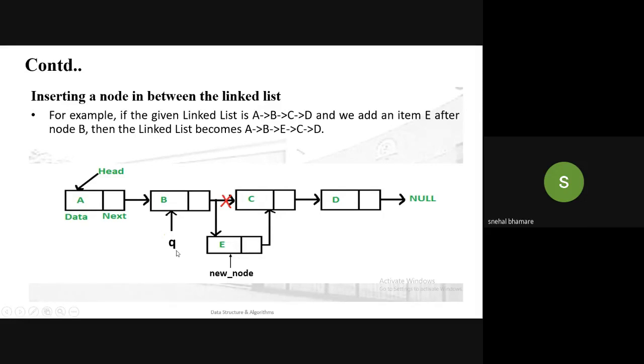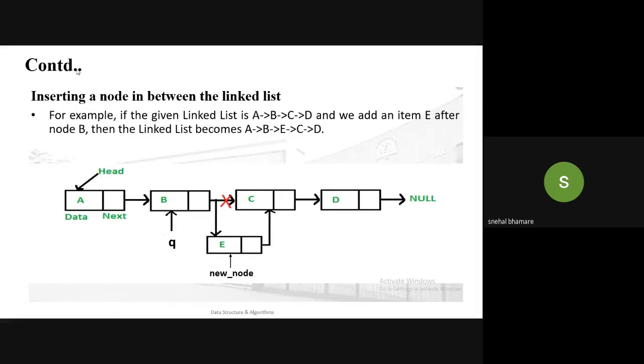node, right? So for new node, this is the name of that variable of the node which is to be inserted in the actually present linked list. So we will allocate a memory for that, then insert the data that is to be inserted. And for the q variable, we will not allocate memory because it is just going to point to the actually already present node. Okay, so we are not allocating a memory for the q node. It will just point to the already present node in the linked list.